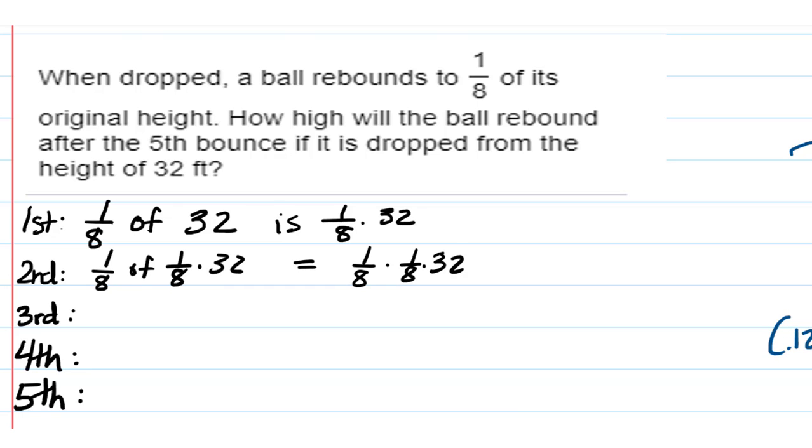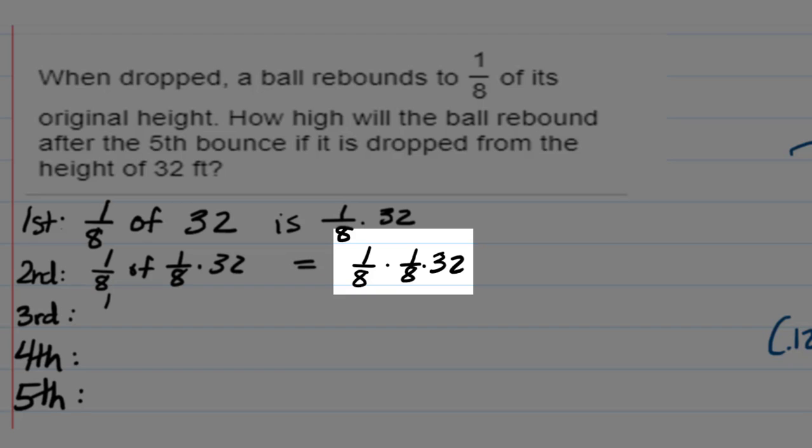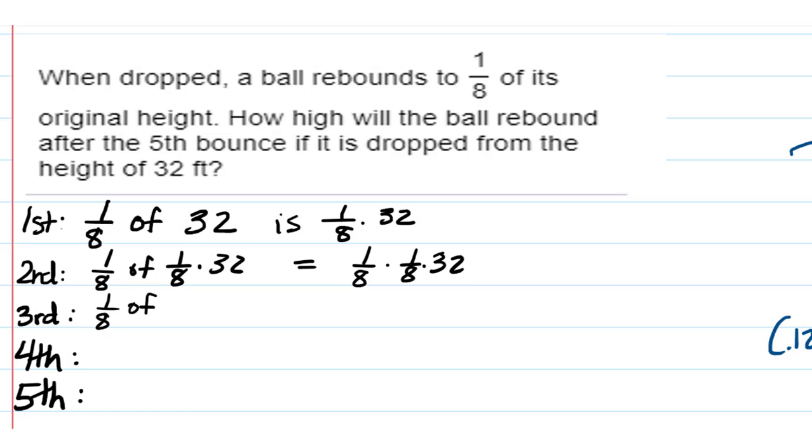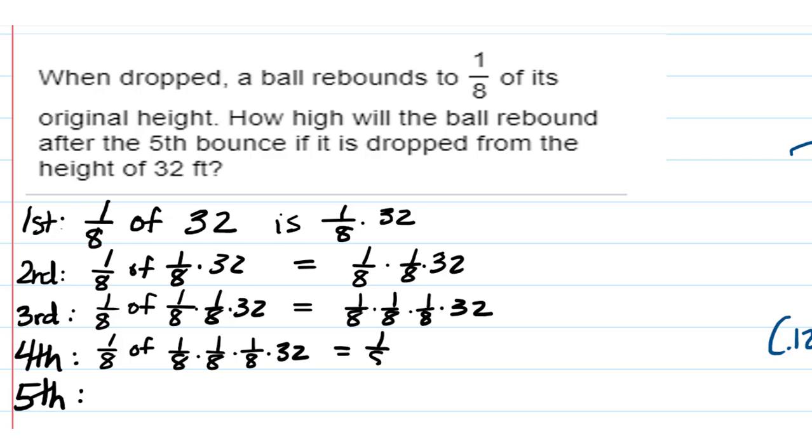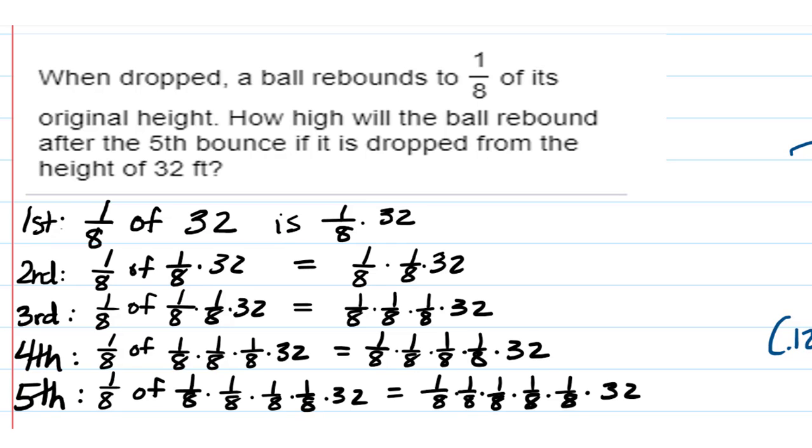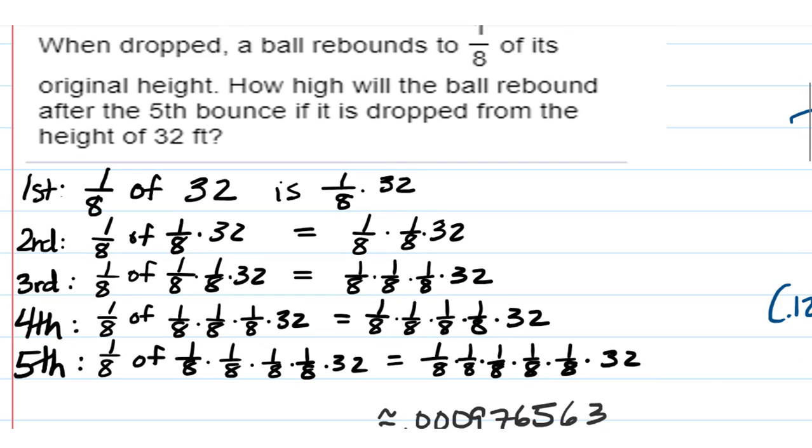And then on the third bounce, whatever that result was on the second bounce, however high it went, we want 1/8 of that. 1/8 of 1/8 times 1/8 times 32. In other words, that's going to be 1/8 multiplied by itself 3 times 32. And we're going to continue in this way. So the fourth bounce is 1/8 of that, which is 1/8 times 1/8 times 1/8 times 1/8 times 32. And then on the fifth bounce, we want 1/8 of that, which is 1/8 multiplied by itself 5 times and then multiplied by 32. So plugging that into your calculator, this turns out to be approximately